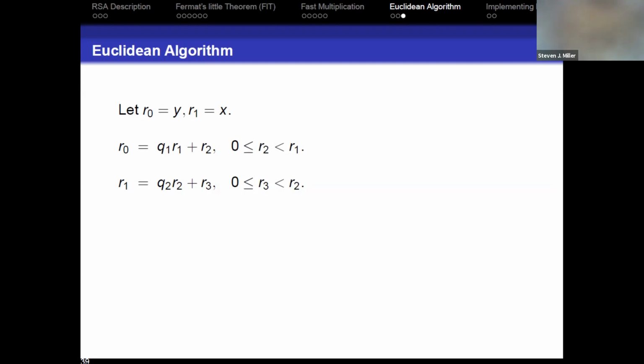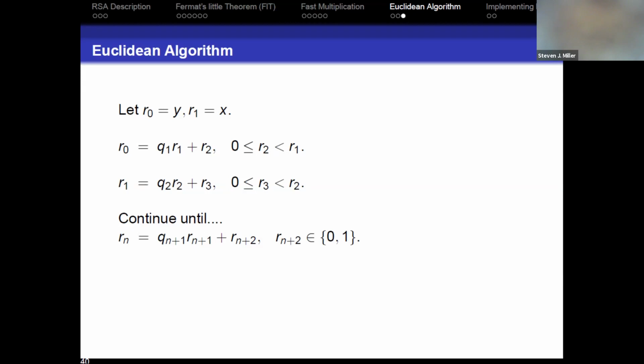And it turns out that the Euclidean algorithm, very similar to fast multiplication, runs in logarithmic time. So the time is going to be like twice the log of x or something like that. So it will run very rapidly. So we keep doing this and we continue until we get to Rn is Qn+1 Rn+1 plus Rn+2. And in the end of the day, Rn+2 is either 0 or 1. If it's 1 and you want it to be 0, you just run it one more time.